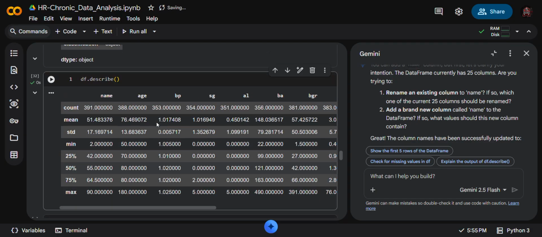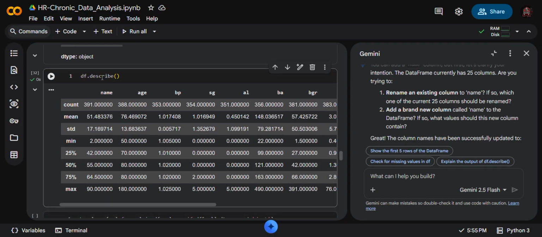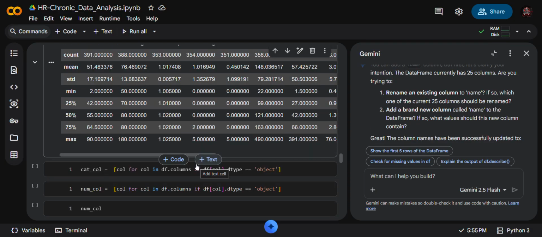I did add this command as step 5, only for practice. Now it's up to you whether you add it or not.